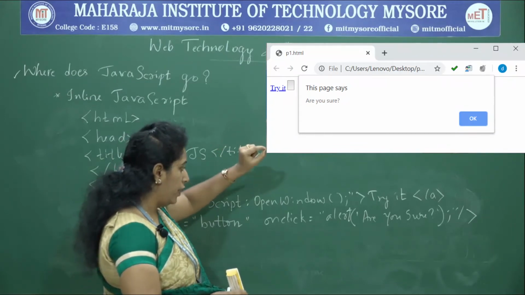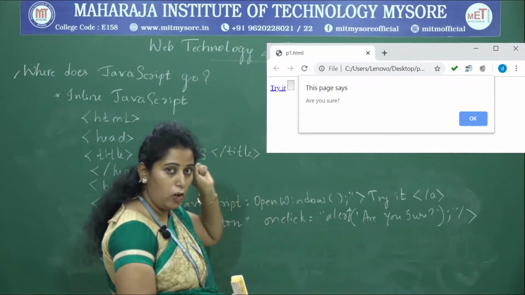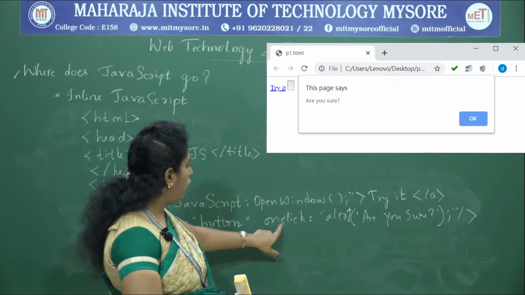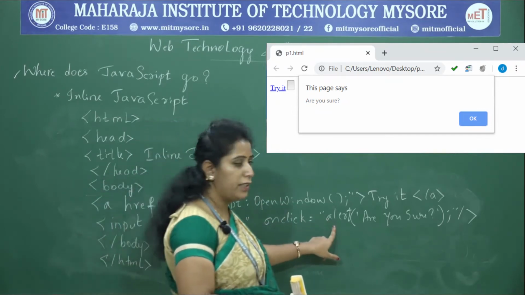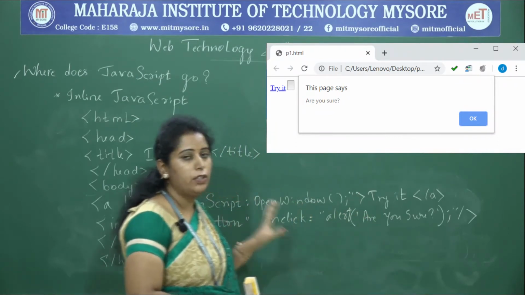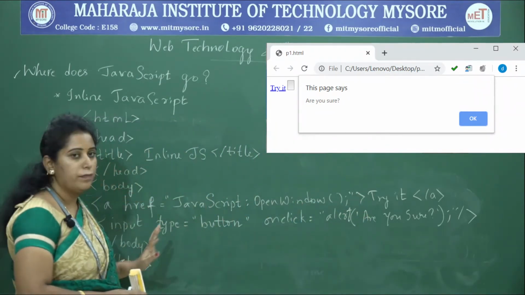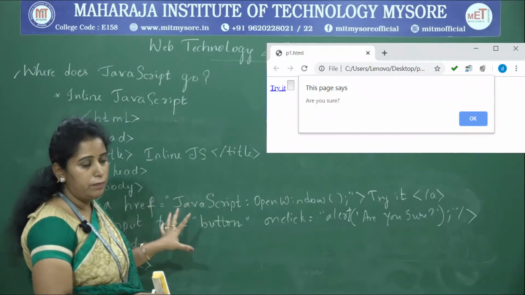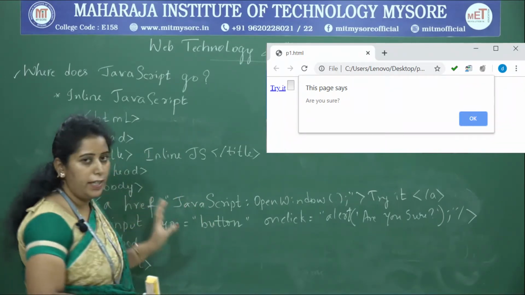When you click on that window, you are performing a click operation, right? So onclick gets called. There it prints an alert message saying, are you sure? This is one difference you can notice using this example. So this is all about inline JavaScript.